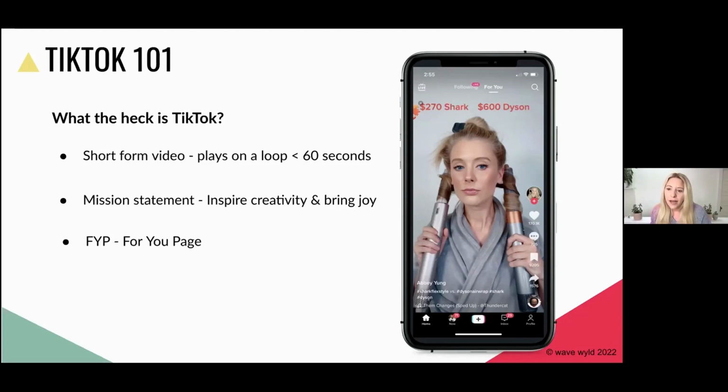And then on the side, we have a follow button. We have all these engagement tools, liking, commenting, saving, and sharing. And you have the music here, so you can see what the music is that the person is using. You have caption space for hashtags. You have the name. And then, very importantly as well, is this little magnifying glass in the top right. This is how you search. We know that people are searching for content on TikTok. I'm going to talk a little bit more about that as well.